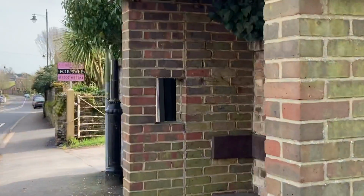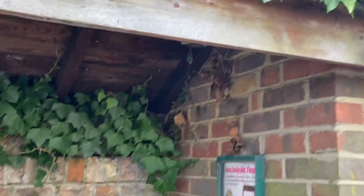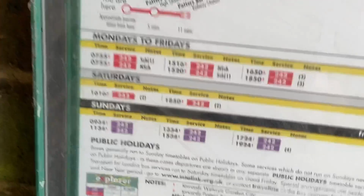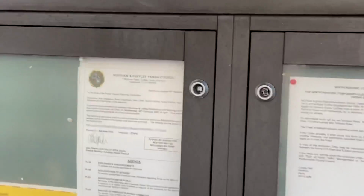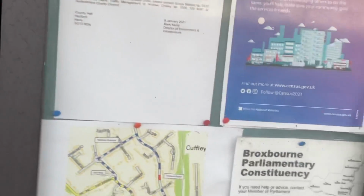And here you've got an interesting touch. This is an old bus shelter, old-fashioned bus stop, these old village bus stops, and there's the sort of timetable there. And here you've got the sort of local news, Northaw and Cuffley Parish, and there's the